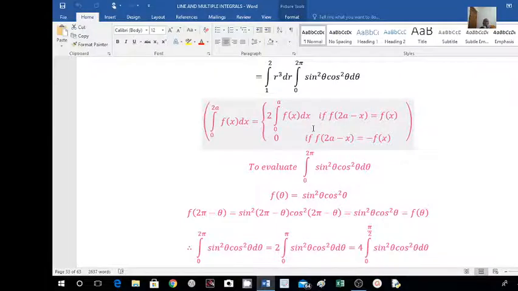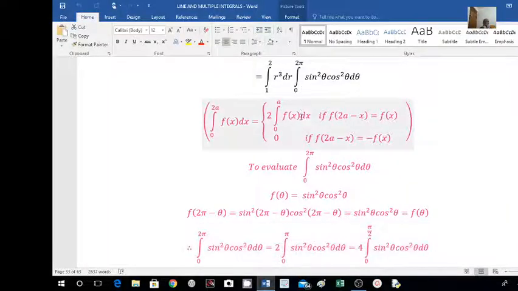Again, using the same formula here, that is sin of pi minus theta, cos of pi minus theta. Sin of pi minus theta is again sin theta. In the second quadrant, sin square theta stays as it is. Cos of pi minus theta is actually minus cos theta, but because of the square, again this will become cos square. That is, there will not be any change if we replace theta by pi minus theta.